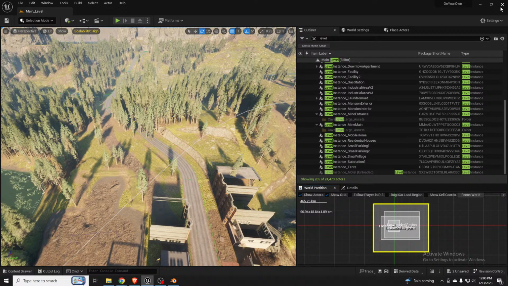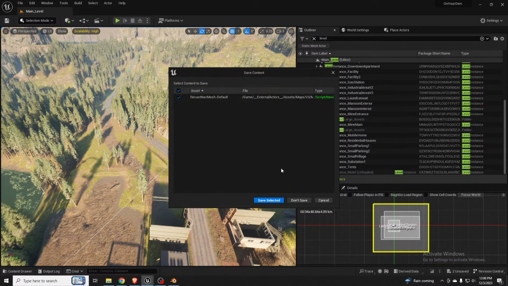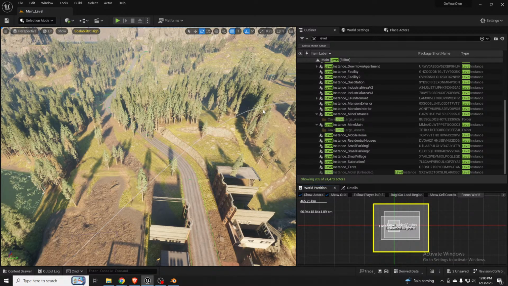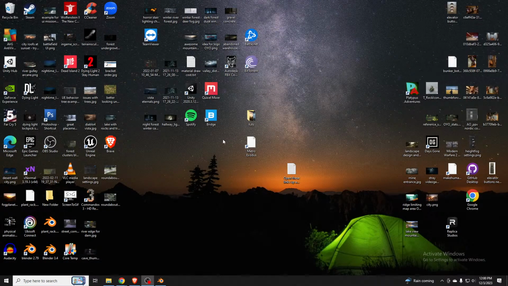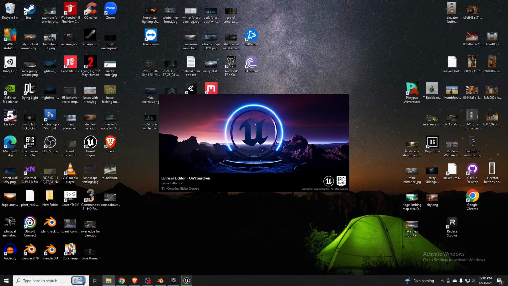What happens, at least to fix this, is I usually just reload Unreal, and that seems to help. Sometimes it doesn't, so I'll show you what I end up having to do when that happens, because I've run into that issue with other things, not just level related, and at least this solved it. So let's see if the restart helps. But if that doesn't help, what I end up having to do is